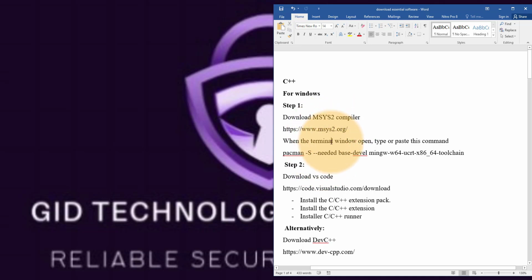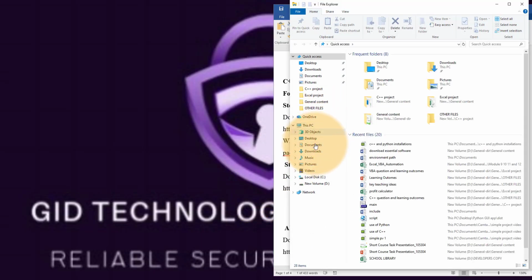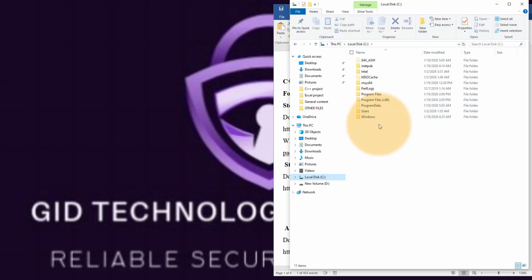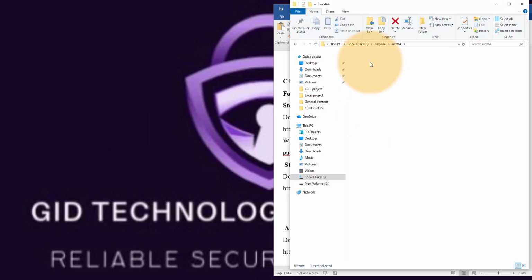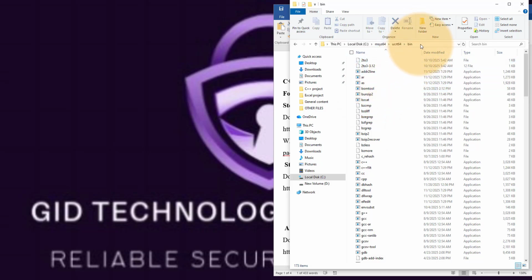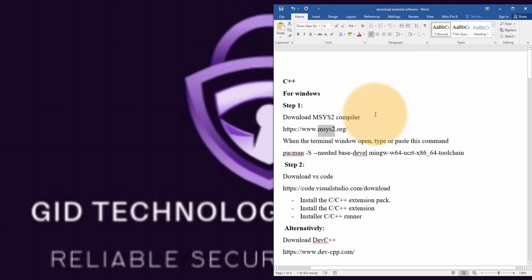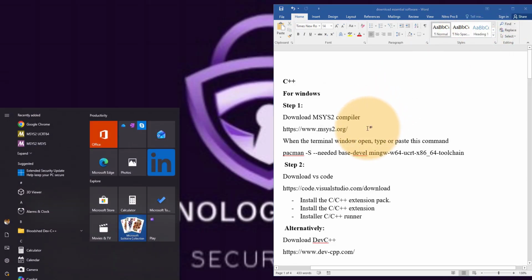So first of all, locate the folder where it is installed. Come to your C drive, then come to MSYS64, and then come and look for UCRT64, then come and look for the bin folder. So come to the address bar here. Right click and copy. So after copying that, you can come and press the Windows button and search for Edit